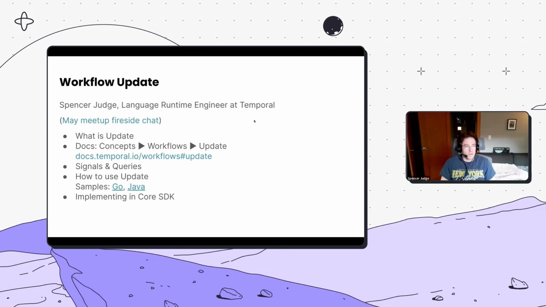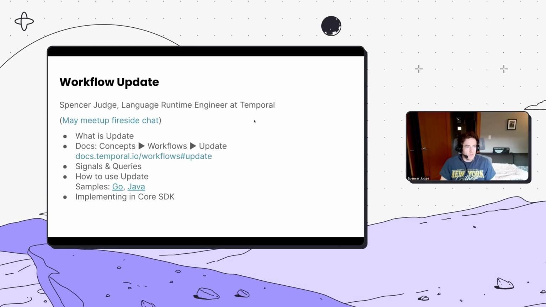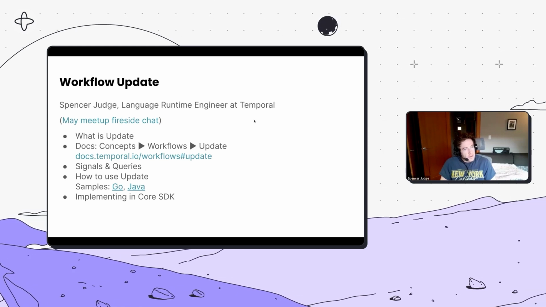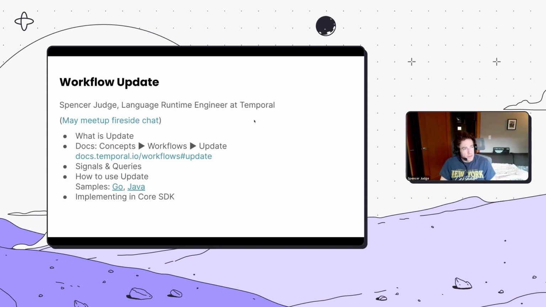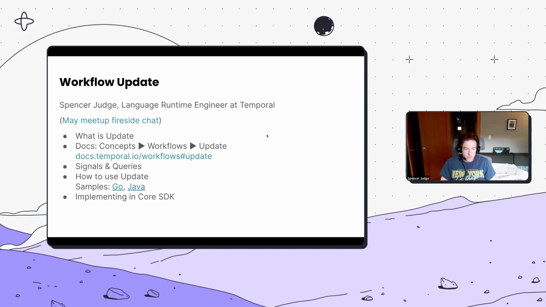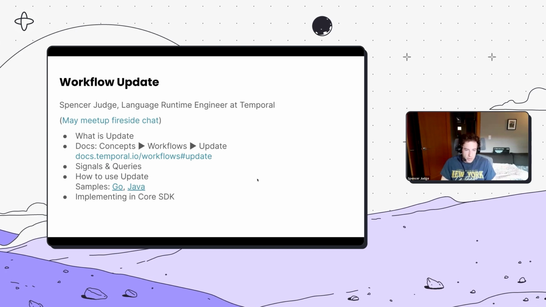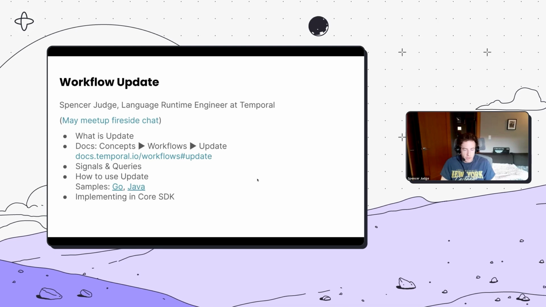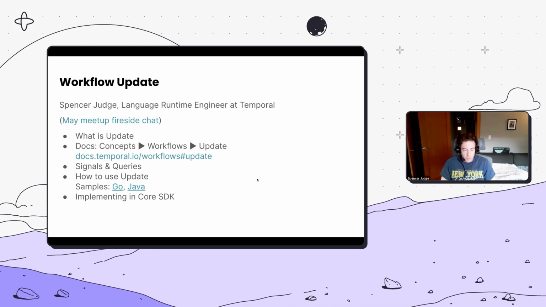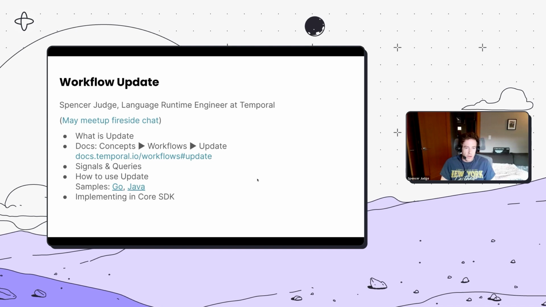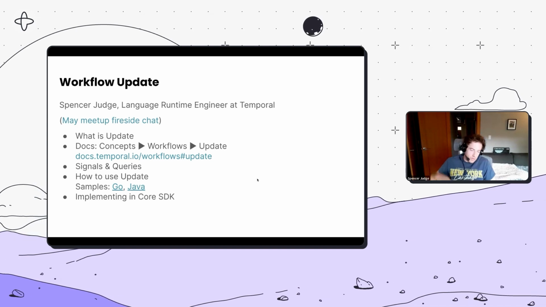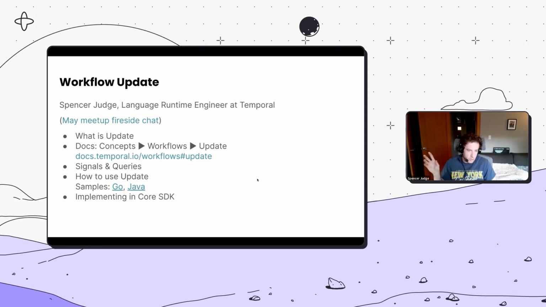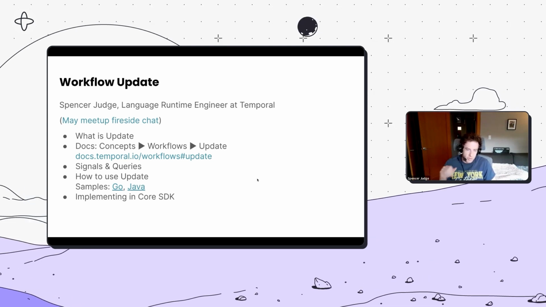Yeah, that's a good question. To keep it brief, the basic idea of what needs to happen to implement a new feature like this, that involves writing stuff to history and making changes to the state of workflows. The way it works in all of our SDKs, Go, Java, or Core, with different levels of formalization, is that